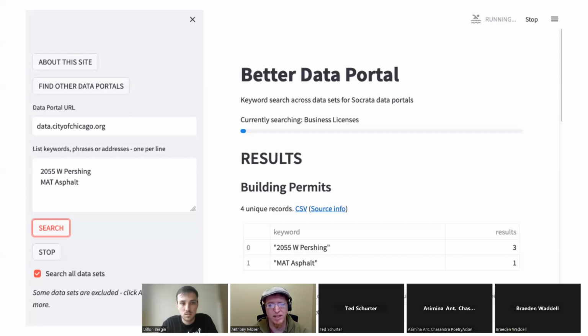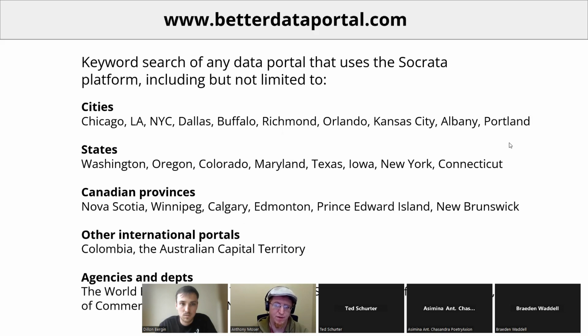So when we hear through the grapevine, oh, I heard there's a new warehouse opening up over there, or, do you know anything about this thing that's supposed to be on 53rd Street, my first stop is to come here and plug it in. I might see a business license or a building permit. There might be complaints, or inspections that already happened. Here's a lobbyist tied to that address. There's a lot of different things you might find that are connected. So this is a really good starting point for trying to understand what sorts of records might be available in your jurisdiction, depending on what you're looking for.